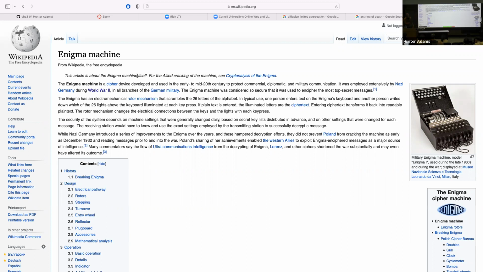An interesting piece of historical trivia is it was a big secret that it had been cracked. They did not want to reveal that they knew how to decipher these messages, and the project for cracking this machine was called Project Ultra. It's a fascinating piece of history that you can learn about.